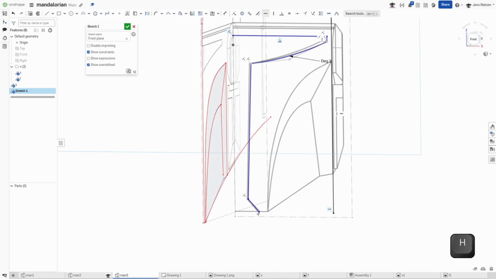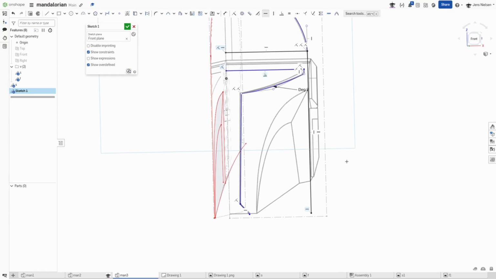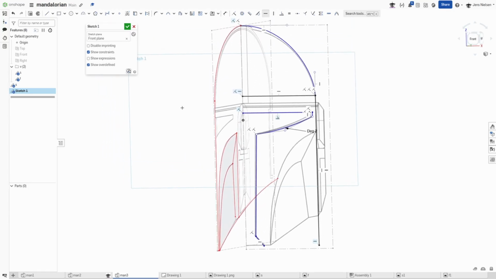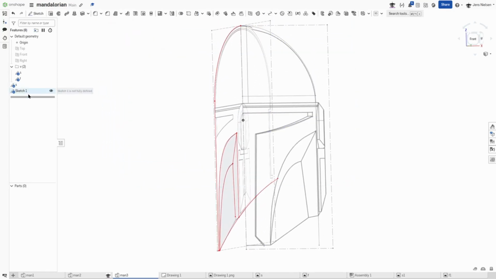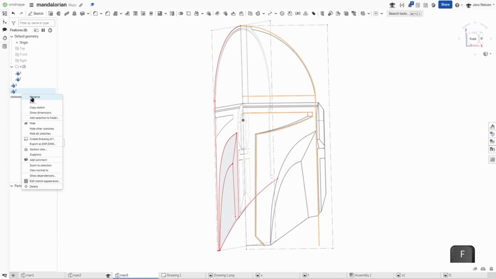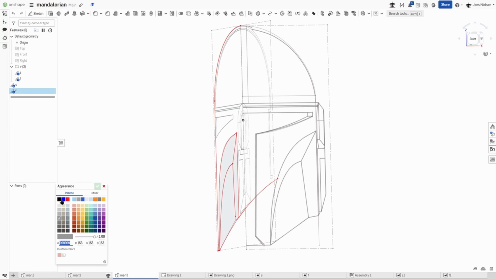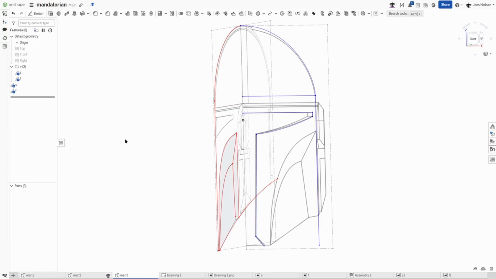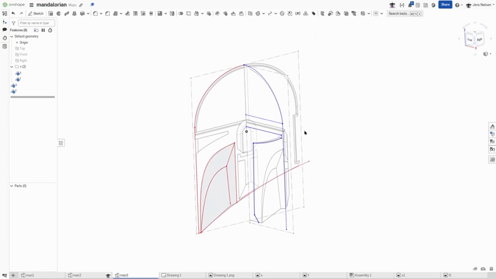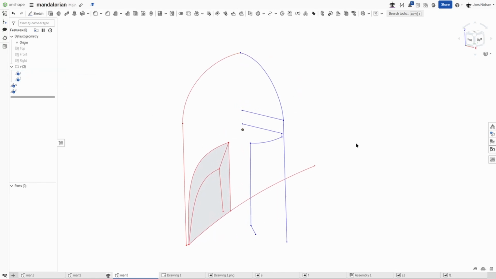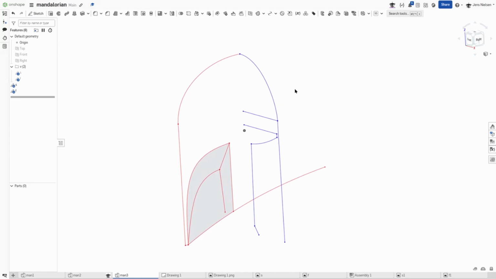Then constrain that, well, to that point. And that's it for now for that front sketch. I will rename that and change the appearance of that one. Hide those two reference images, and